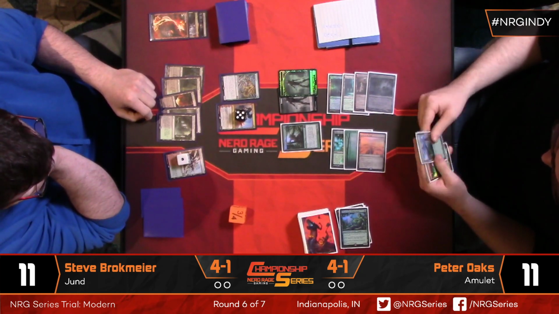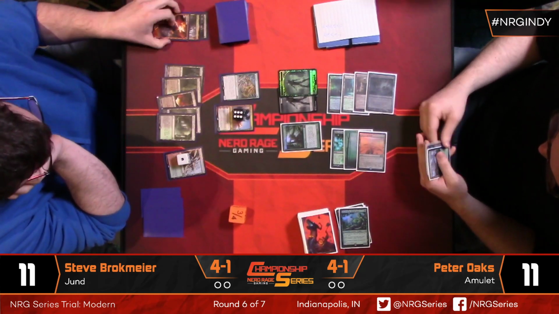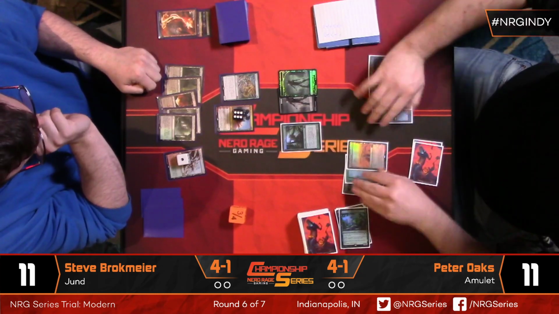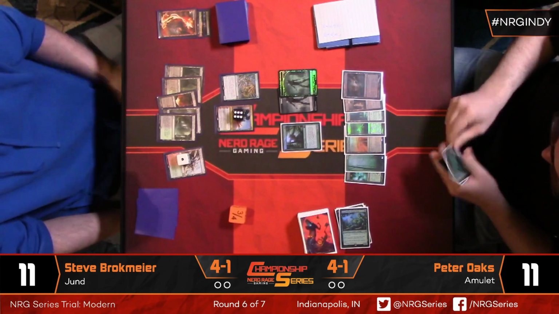Yeah. So, Steve, contemplating the turn, what do we do? Looks like we're going to pick a land up. Okay, we're just going to plus the Wrenn 6. Yeah, I can kind of tell by body language. It looks like Steve's a little bit out of this one. Yeah, that one could have